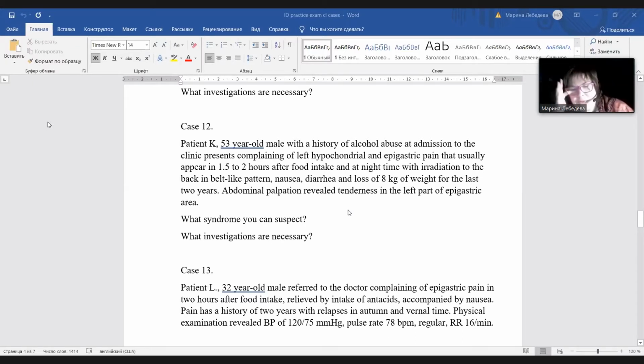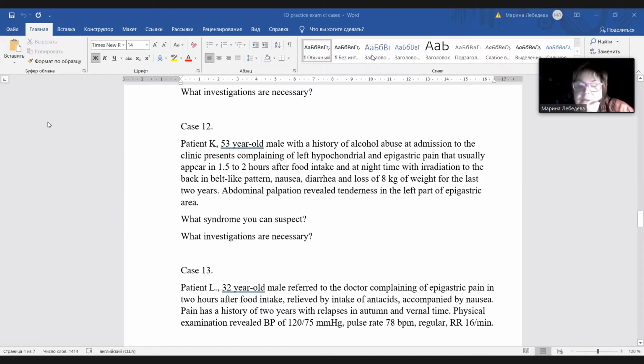We can speak about gastroduodenitis with the prevalence of duodenitis and pancreatitis in this clinical case. Why is it so? Because of localization of the pain syndrome and because of the medical history with alcohol abuse. Moreover, the results of abdominal palpation. The prevalence of pancreatitis is without any doubt. In this case, it is necessary if